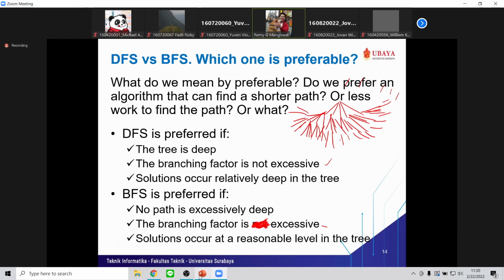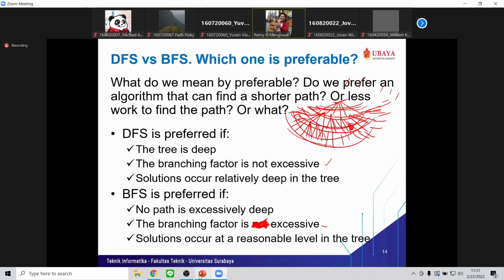If the branching factor is excessive, you can of course do it like this. Do the first level, do the second level, do the third level, the fourth level, the fifth level, and so on. This way, it works much better than DFS, because in DFS you will go from here to here, go back to here, go back. If the solution is here, say, you will of course find it sooner than DFS. You will stop here. Boop, stop.